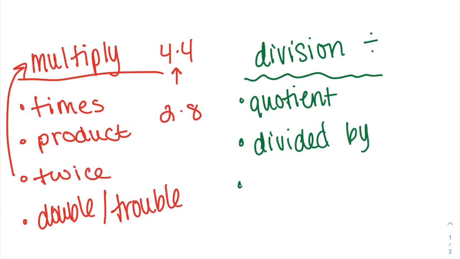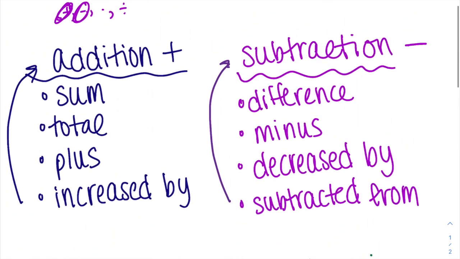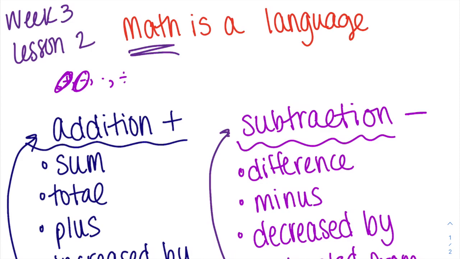Or here's another one. You can have half of my pizza. I would be dividing my pizza in 2 and giving you half. So half of my pizza or a third of my pizza could also be talking about doing division. The reason why we're doing this vocabulary right now is because I'm going to give you some phrases and we are going to write them